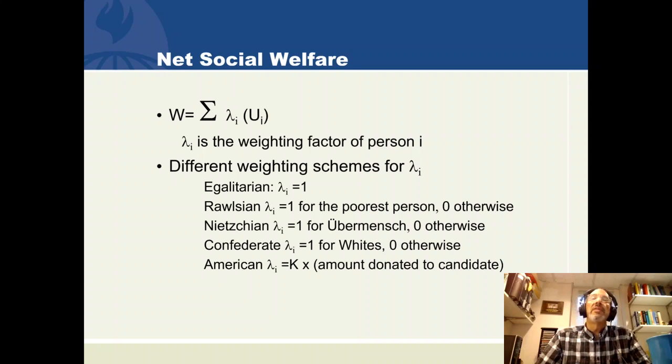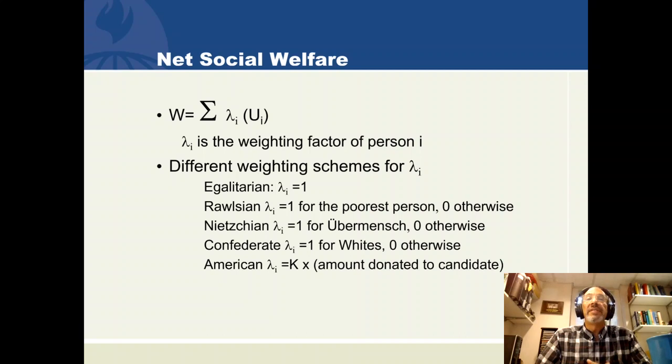A different scheme might be a Rawlsian scheme where the poorest person in the economy counts and nobody else counts. And so this economy tries to identify its social welfare with the well-being of the least well-off person. In contrast, a Nietzschean social welfare function would identify the most well-off individual and call them the Übermensch and try to make the economy maximize that welfare. That might be similar to what a dictatorship is trying to accomplish, for instance, where all of the economy tries to make the sovereign maximize their utility.